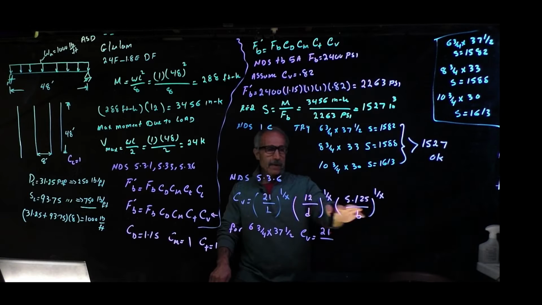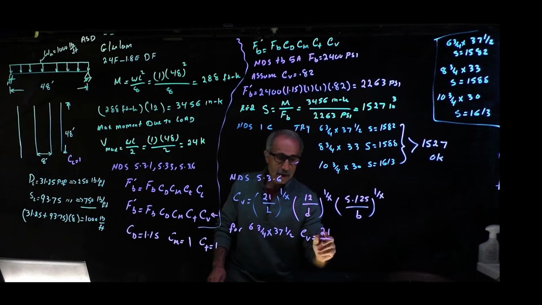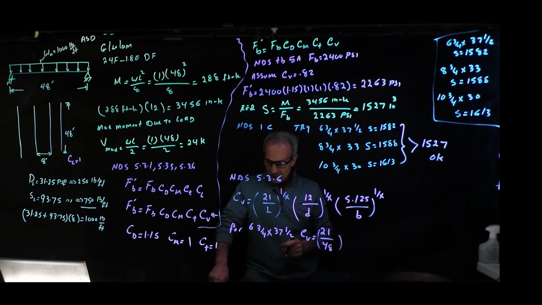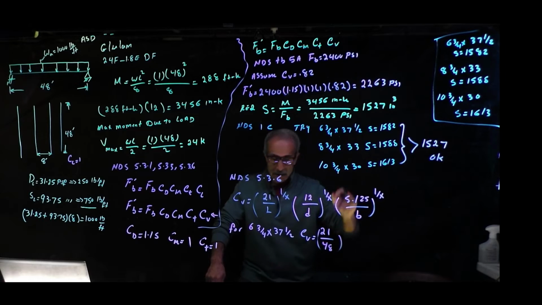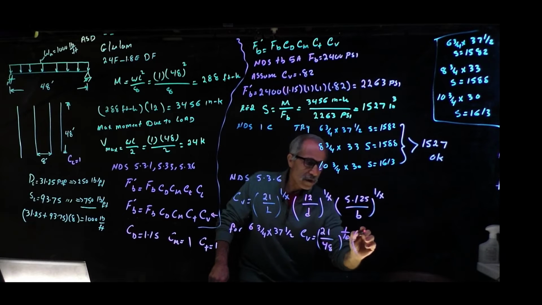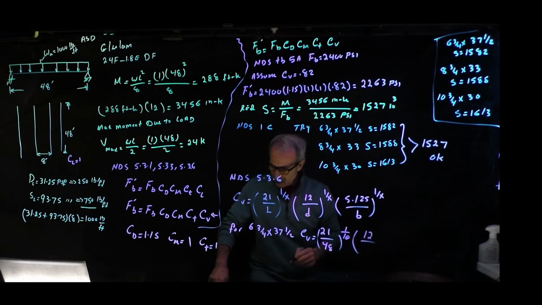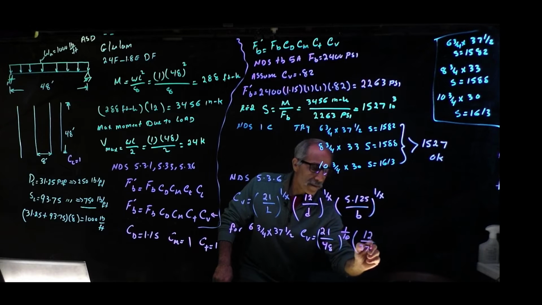So this is the equation, and for a 6 3/4 by 37.5, C_V is equal to 21 divided by 48 is the length, to the power of 1 over x, and x is given in the NDS, and that's 10, so it's 1 over 10, and 12 times 10 divided by d. Our d in here is 37.5,